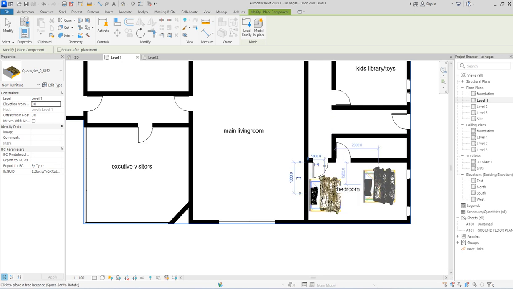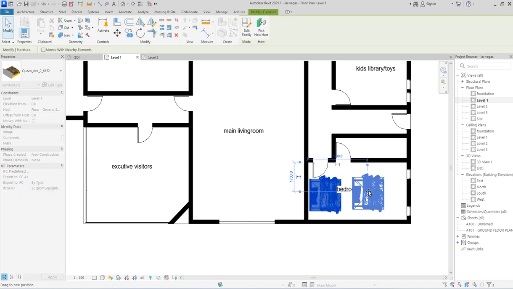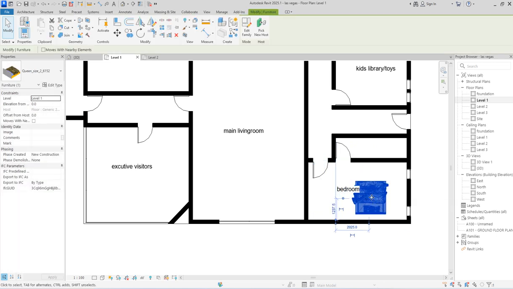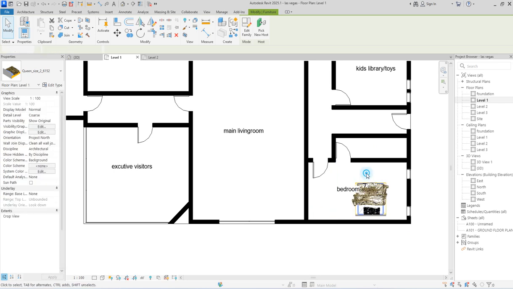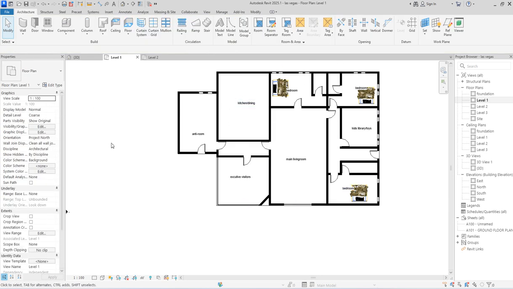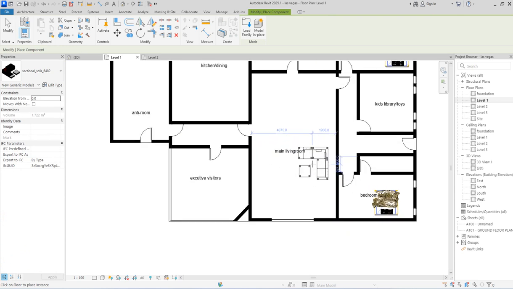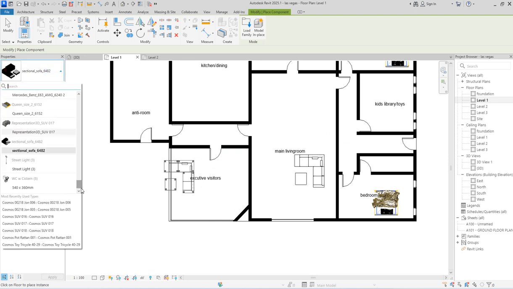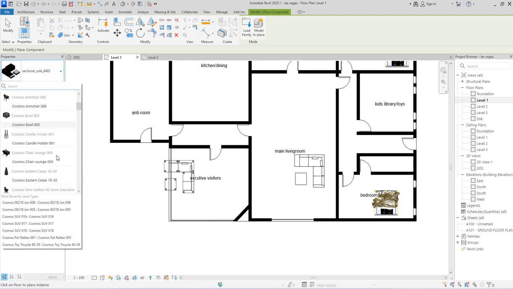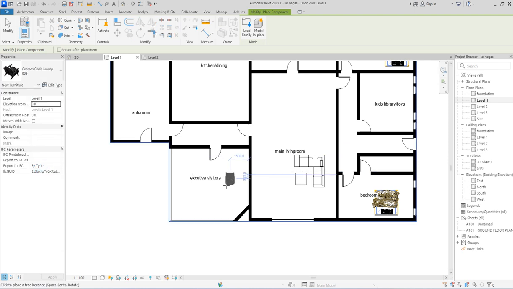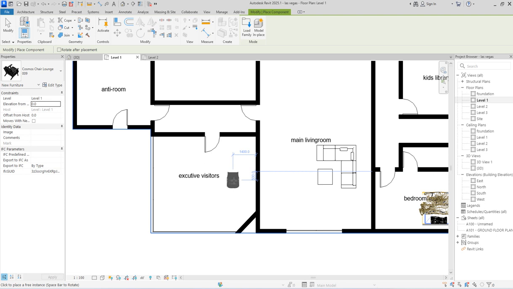Good. Sorry, that bed is not convenient at that position. So press enter. The bed is staying here for now. There will be orientation changing later on. So now we have this in place. Then you pick up the sofa section. Here we are going to have the sofa in place. Executive as well have their whole sofa. You can use some other things that you have, like let's say this Cosmolog. It's going to be placed at the executive side.